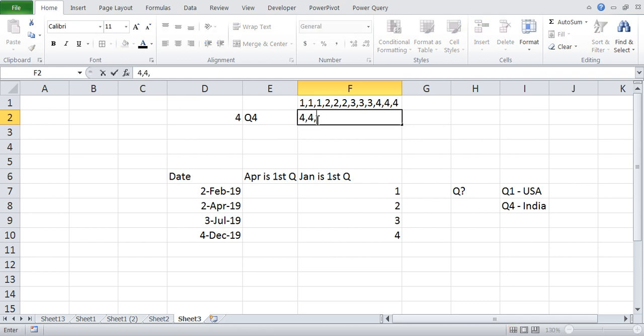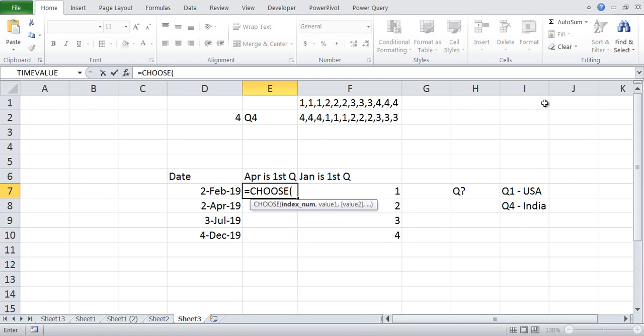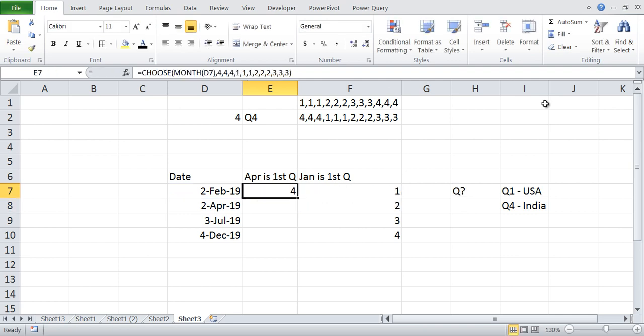This will work. So let's copy this and we will write the CHOOSE function. Directly we can write the month, refer to this and copy paste. So see, if April is the first quarter, February is in the fourth quarter, and we drag it down. April first quarter, July second quarter, December third quarter.